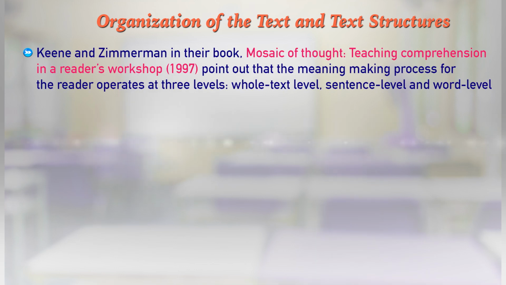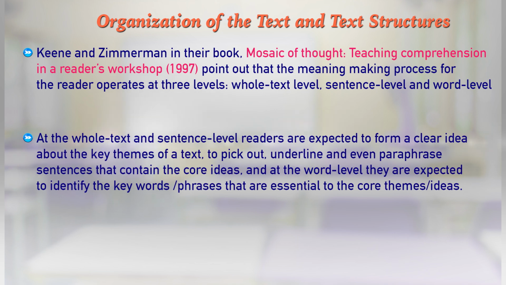Keene and Zimmermann, in their book Mosaic of Thought: Teaching Comprehension in a Reader's Workshop, point out that the meaning-making process for the reader operates at three levels: whole text level, sentence level, and word level. At the whole text and sentence level, readers are expected to form a clear idea about the key themes of a text, to pick out, underline, and even paraphrase sentences that contain the core ideas. And at the word level, they are expected to identify the key words or phrases that are essential to the